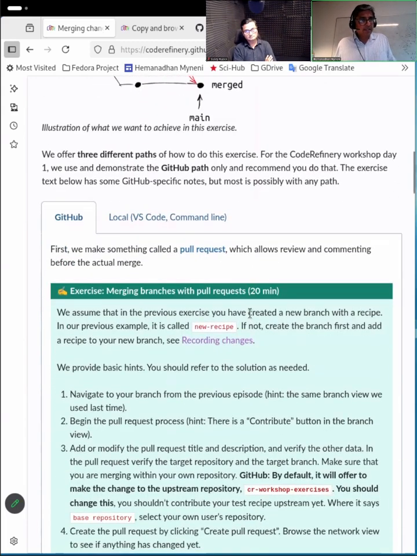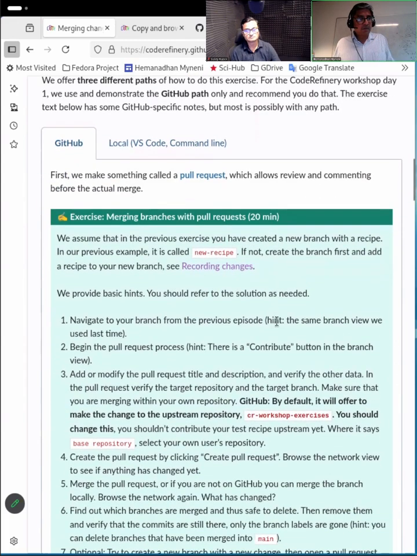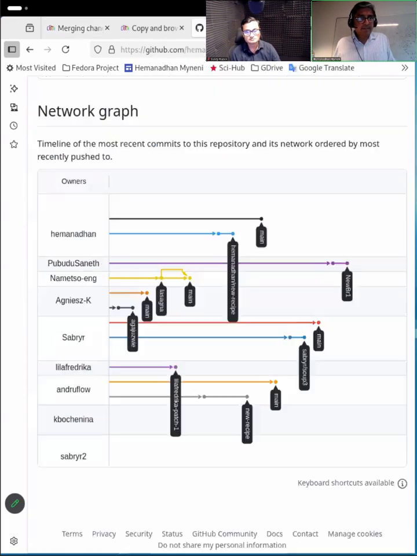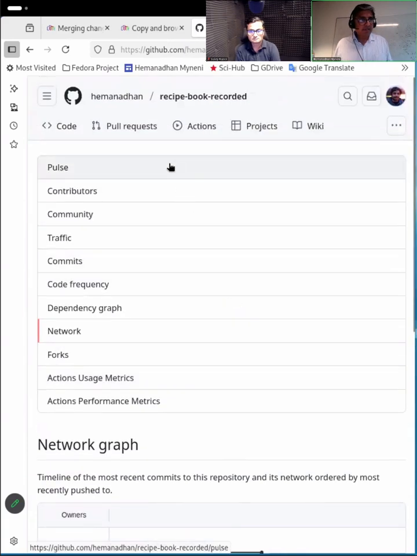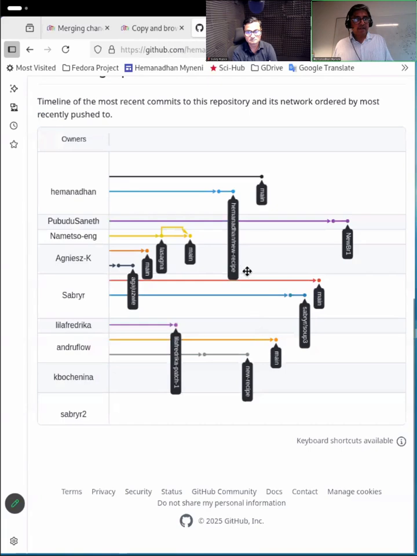So here is the exercise, and what you're going to do is let's start with this branch. So this is the branch. Currently, what you are looking at is